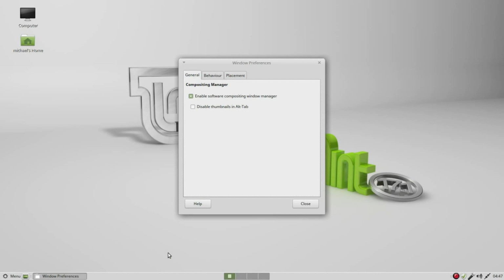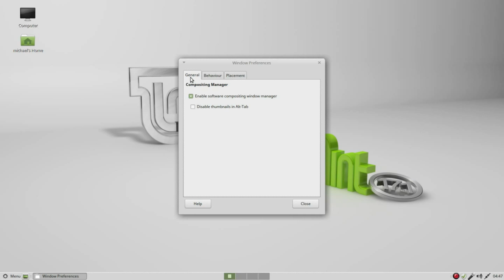If you get the message, the current window manager is unsupported, you may still have CompBiz turned on from the last video. I turned off CompBiz at the end of the last video, and you will need to have CompBiz turned off if you want to bring up this window. And that's because these options are not compatible with CompBiz.